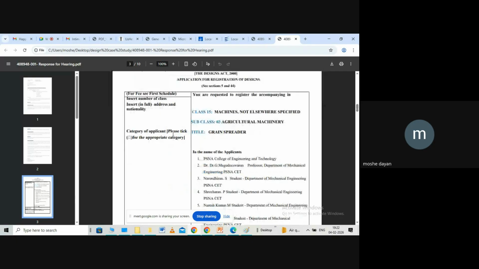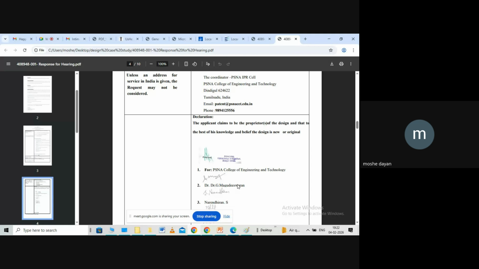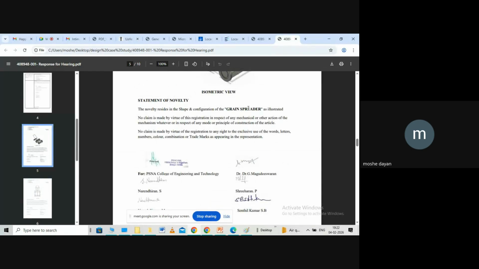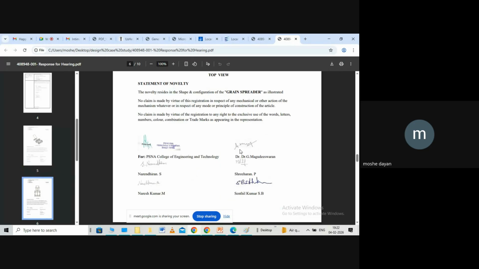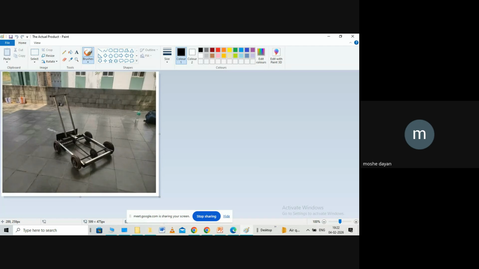The updated form is now given here. In the earlier form we didn't put the name here, so the names are given now. Updated representation is given. He told us to change the statement of novelty. The statement of novelty is now changed, and then he told us to give an enlarged picture view, for which I displayed the picture. This picture I separately sent to the controller. I used remove background to remove the background, because the background should only be white for any design patent you file. So you have to remove the background, and then you have to give all the 4 views. And once the controller is satisfied with the real photographic views, you can secure a grant.